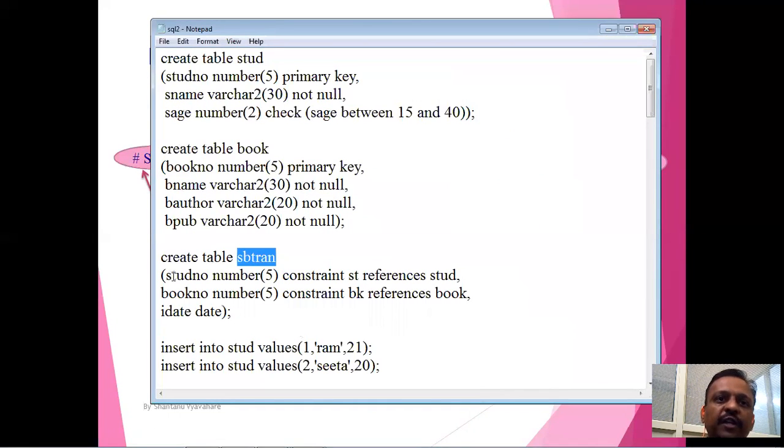So what is referential integrity? Basically, these are two primary keys. Book number is the primary key of the book table, and student number is the primary key of the student table.